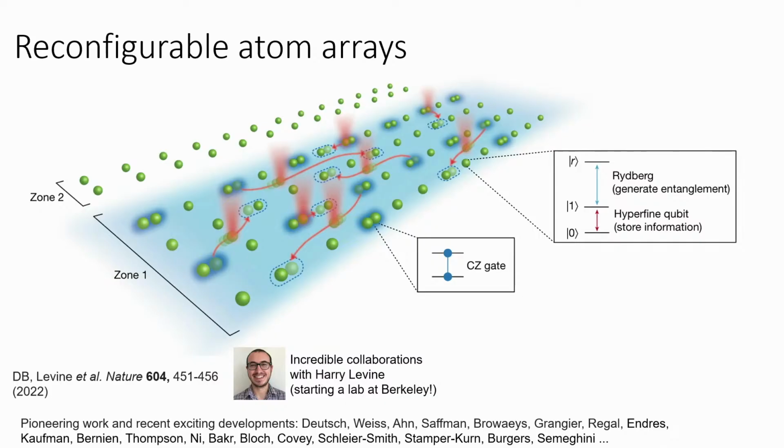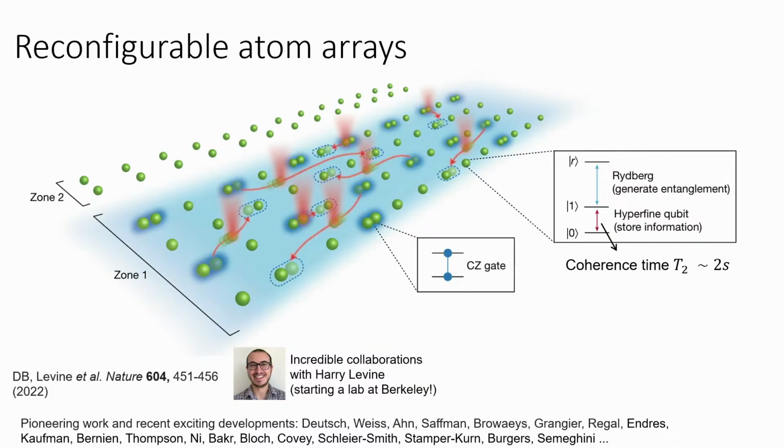What I will tell you about today are techniques that we've developed in order to do advanced computation and error-corrected computation with neutral atoms trapped inside of optical tweezers. And in these so-called reconfigurable atom array systems, what this looks like is we have tightly focused beams of light, or optical tweezers, and we have neutral atoms that get trapped inside of each of these tightly focused beams of light. And we store coherence inside of the atom, inside of something that's effectively a nuclear spin, this hyperfine qubit, and has coherence times on the scale of several seconds.